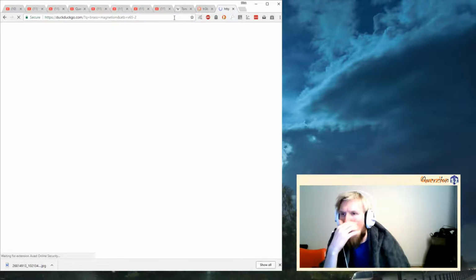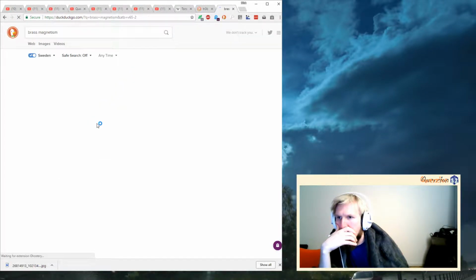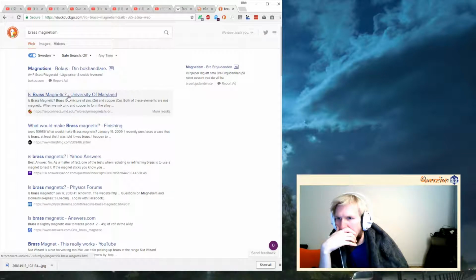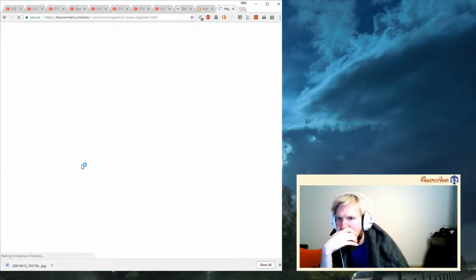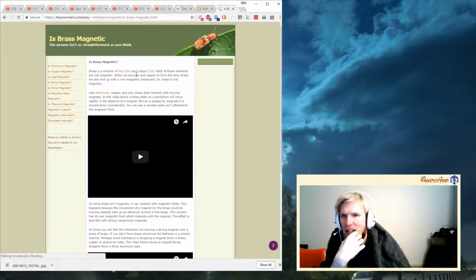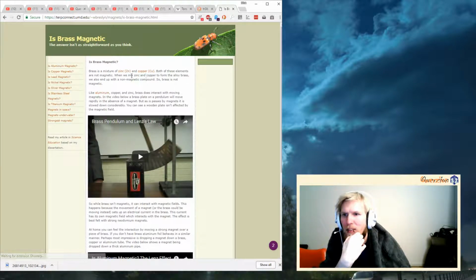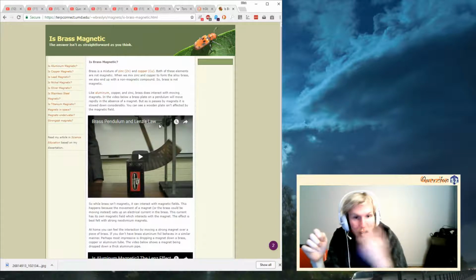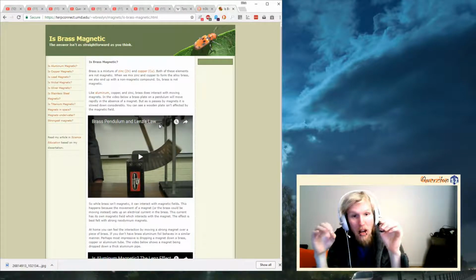Magnetism. Brass is a mixture of zinc and copper. Both of these elements are not magnetic, so it needs to be a brass spinning wheel, because it can't be stopped by the magnetism, and then you'll have another